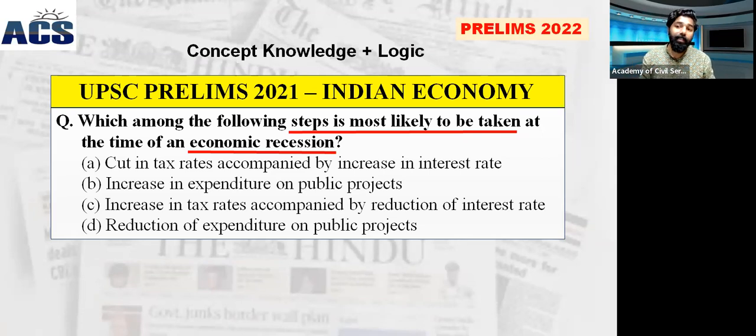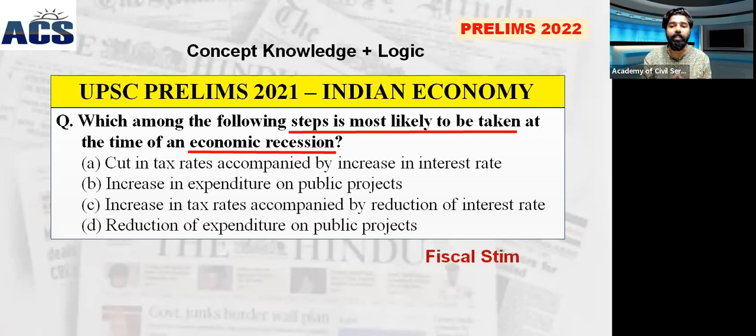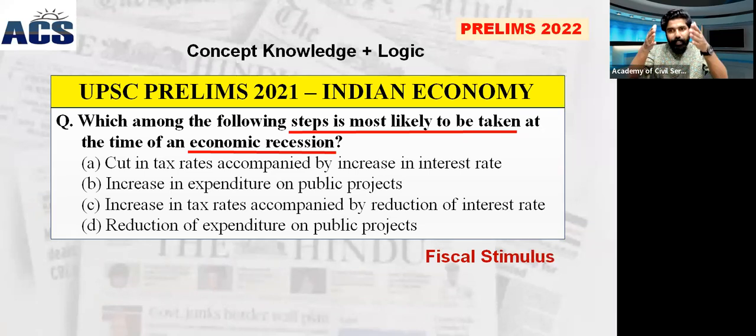This time it is also economic recession and fiscal stimulus. This is a concept with regard to fiscal stimulus. When any economy is facing an economic slowdown, it needs to boost economic activity. For boosting economic activity, the government will stimulate through fiscal measures, or the government will spend a lot of money for boosting the economy. That means if the government is increasing spending, it is increasing expenditure for public projects and public goods. That means spending on MSMEs,